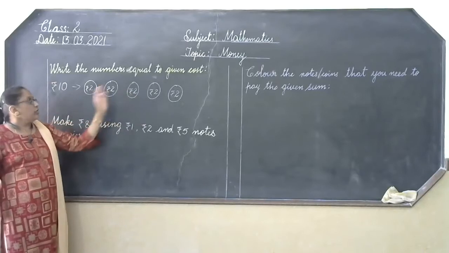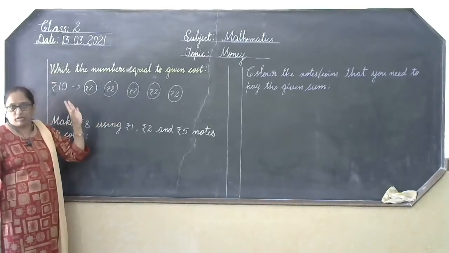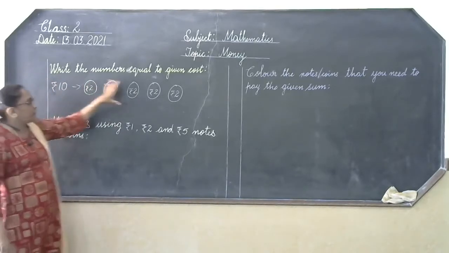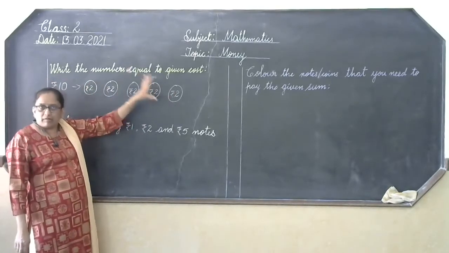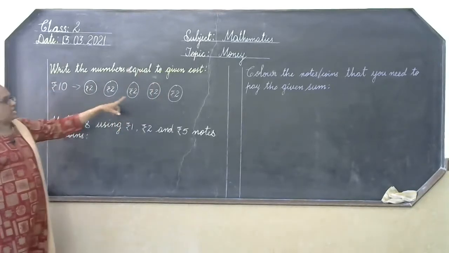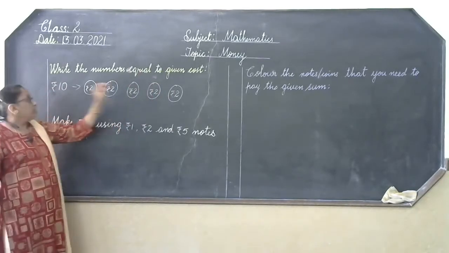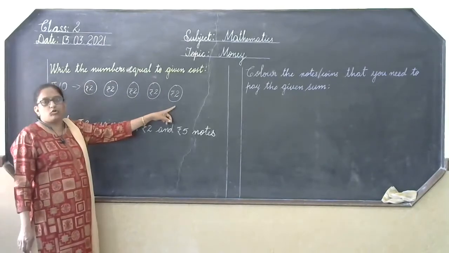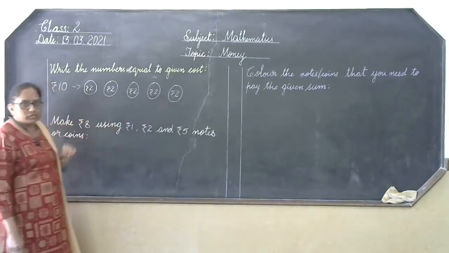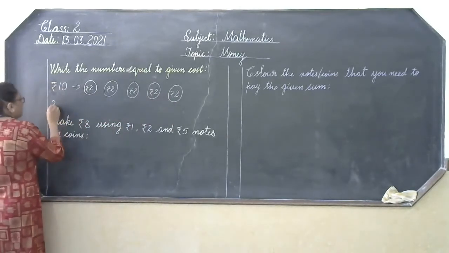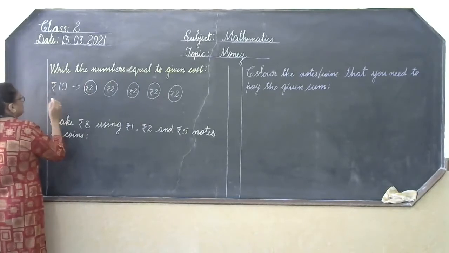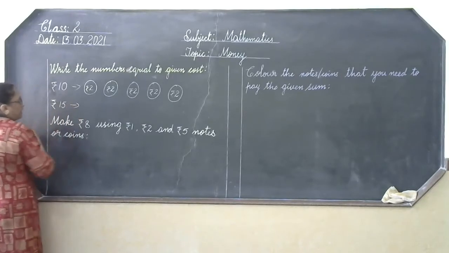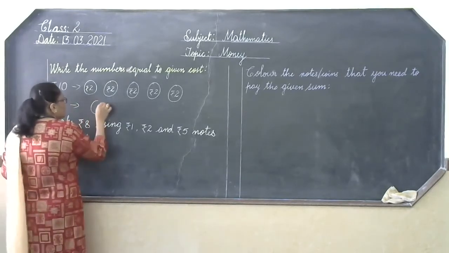You cannot distribute 2 rupees here, 5 rupees there, like that. So write the numbers equal to the given cost. Since coins will be given here, how many coins there will be will be given there. So you have to arrange equally among all of them. See here, rupees 10 is there. Equal to 10 rupees, you have to arrange the amount among the 5 coins. Understood? So now for example, if I give rupees 15 and I will give you 3 coins.